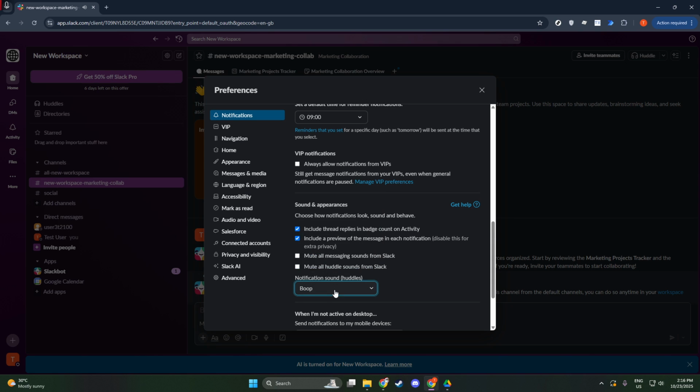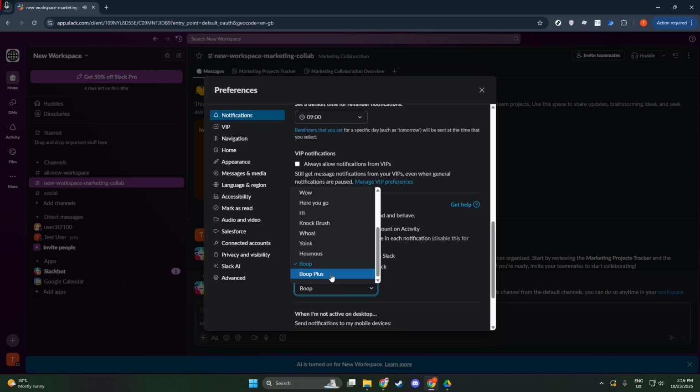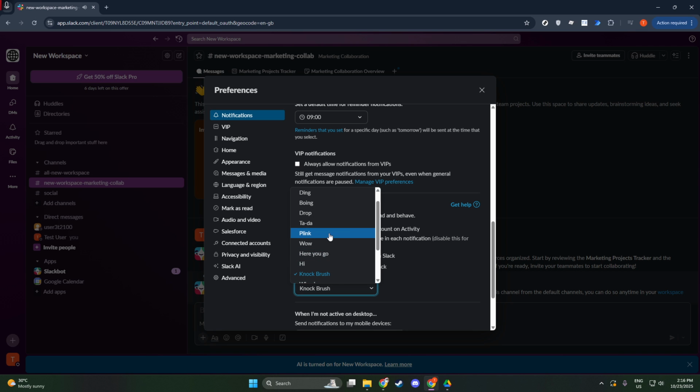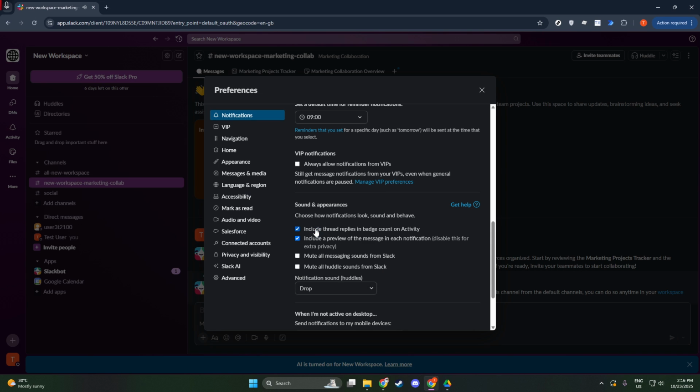When you click on a sound, you'll hear a preview, which helps you make a quick decision about which tone you want to alert you in the future. Once you've found the perfect sound, there's no need to worry about saving your changes. Slack automatically does this for you, saving you an extra step. Additionally, if you'd like, you can customize the sounds for when you have huddles or send direct messages from the same area. Feel free to experiment until you find a configuration that enhances your workflow and fits your style, and